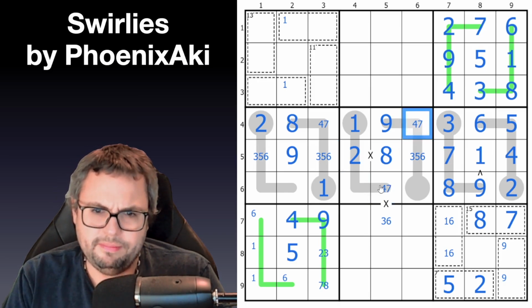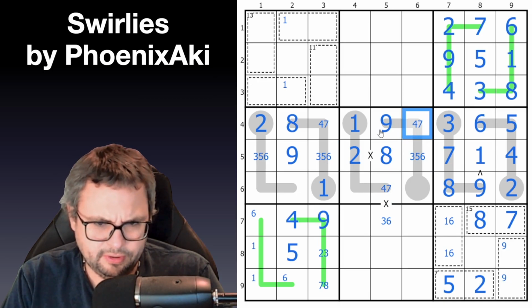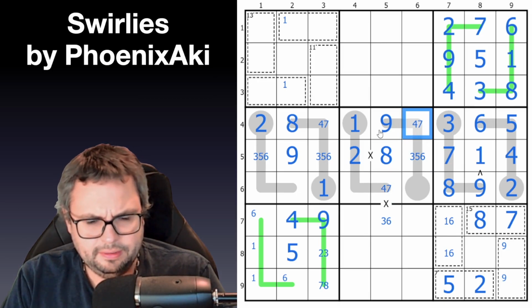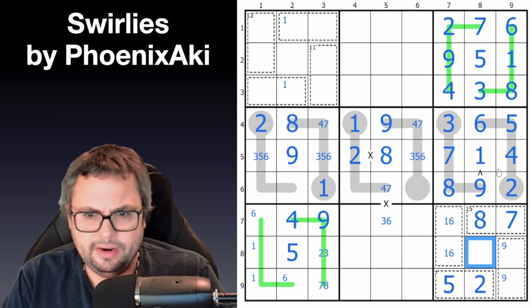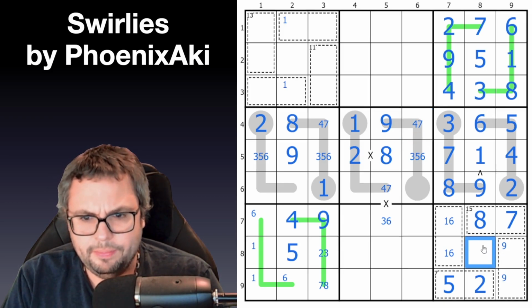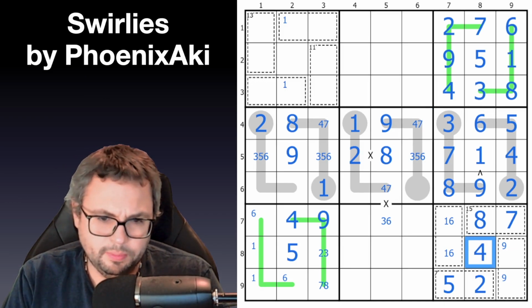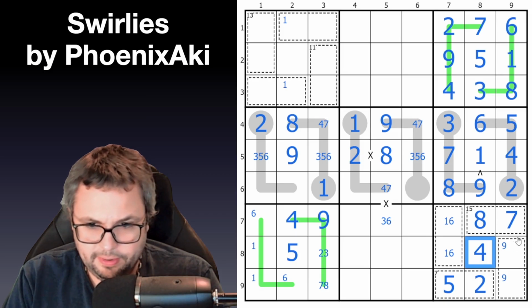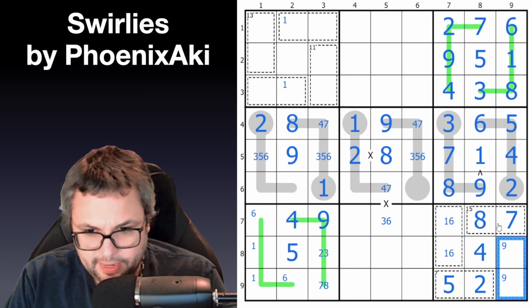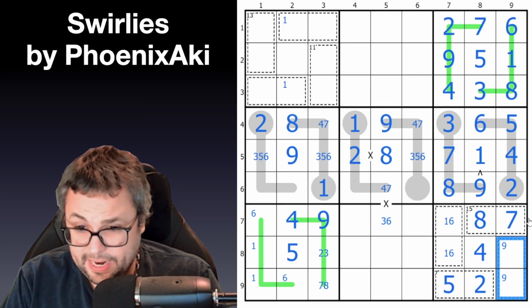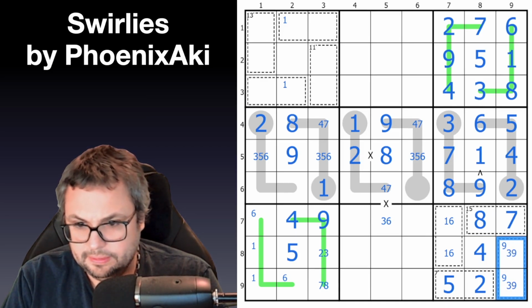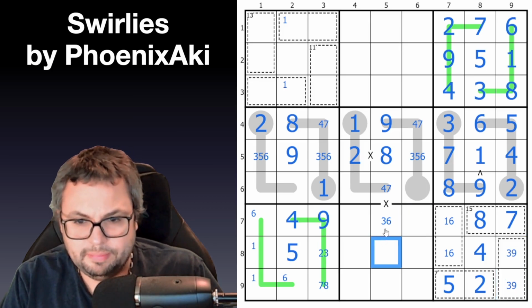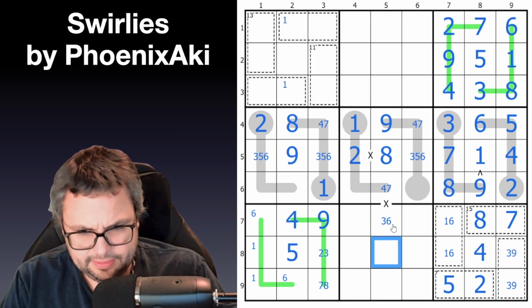Oh, there's a 4, 7 pair in this box, very bizarrely. I don't quite know what to do with it yet. This digit, though, I can write in. I'm hoping it's something really juicy. Like a 4. Is a 4 really juicy? I'm afraid a 4 might not be what I would consider really juicy in this puzzle. These are a 9 and a 3. Would help if I wrote the right digit, possibly. Oh,